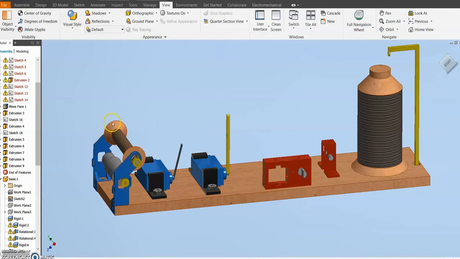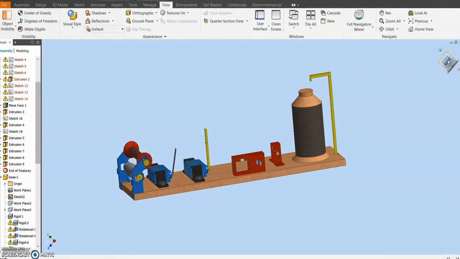After the rotation is completed, another push button is pressed which runs the servo motor used for the cutting mechanism. Upon pressing that push button, the servo motor's blade will cut the thread. After completion of the whole process, a message will be displayed on the LCD display like the winding is completed.